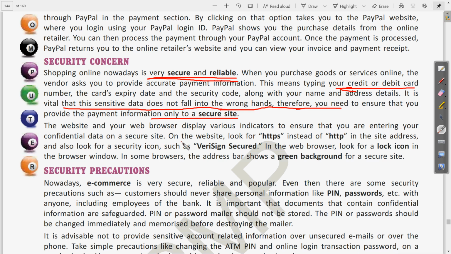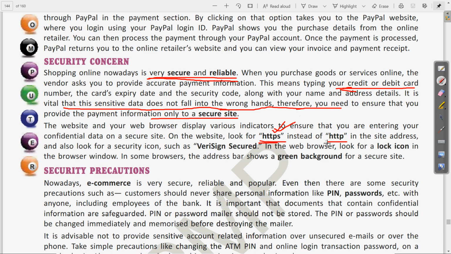Let us see. On the website, in the beginning we have the HTTPS. This is a security protocol. The full form you already know, it is Hypertext Transfer Protocol. Only the HTTP is Hypertext Transfer Protocol. When there is an S along with this, this is the Secure Hypertext Transfer Protocol. Clear? So when it is written HTTPS, only then it is a safer and secure web connection.